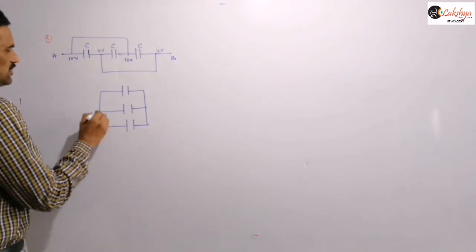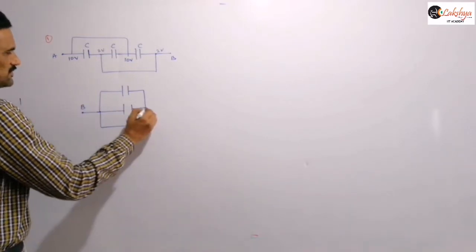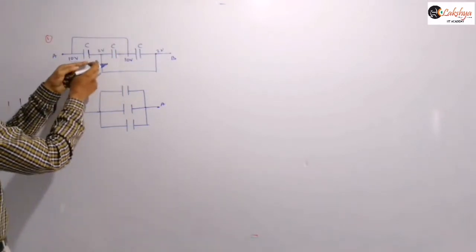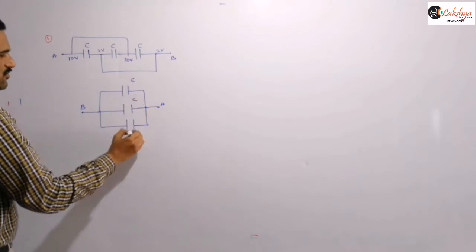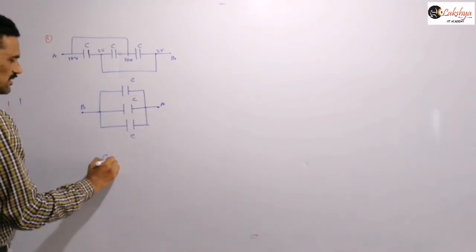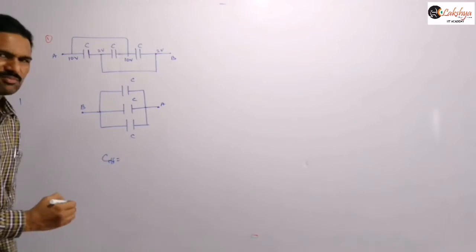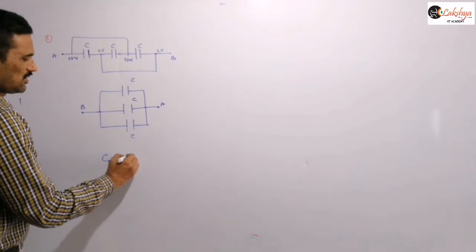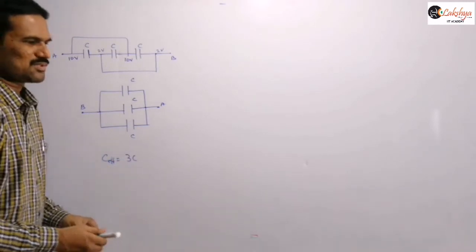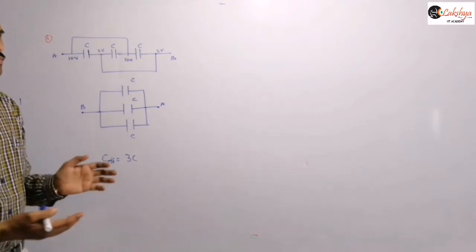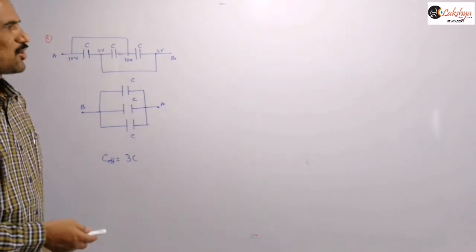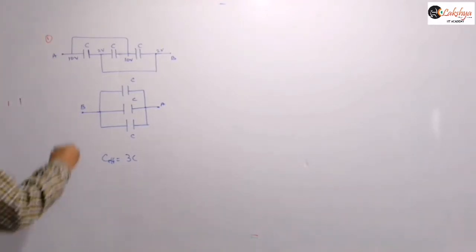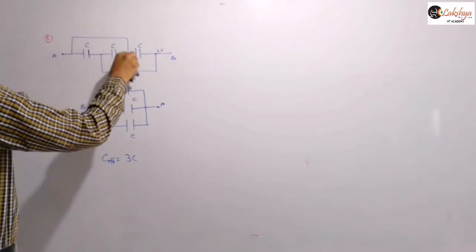So now this will become point B here and this is point A, because we are assuming that I am folding this and this end is connected to here. And so now we can redraw the circuit like this. Therefore, when they are in parallel, the effective capacitance is nothing but we need to add them: C1 plus C2 plus C3. Which is nothing but 3C, the effective capacitance, right? So like that you can easily solve this combination of capacitors, because we already know about resistors. As we know the resistors, these calculations will be easy for you.